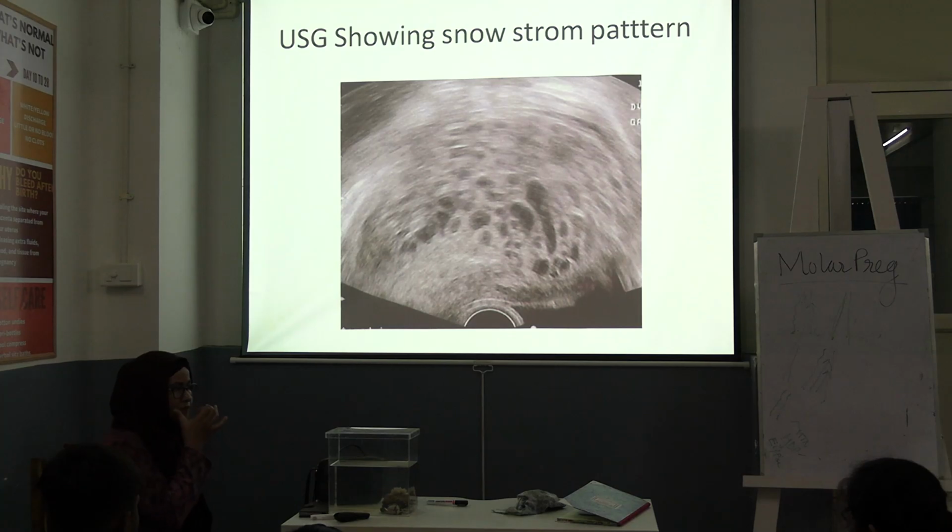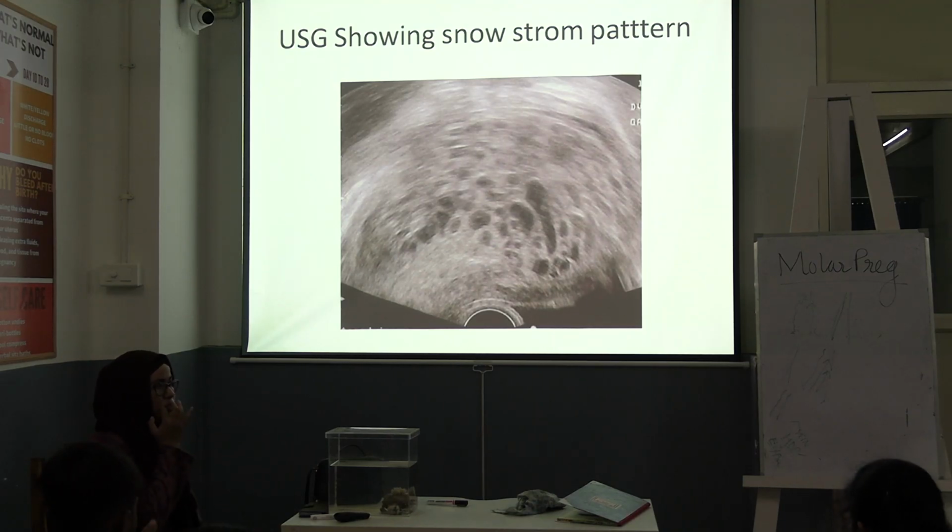Because of the same, there will be excess bleeding PV, and there is a chance of embolism, because sudden contraction of the uterus will occur. There is a risk of embolism of the tissue: pulmonary embolism, diaphragm embolism can be there. That's why nowadays we normally avoid using misoprostol in complete molar pregnancy.